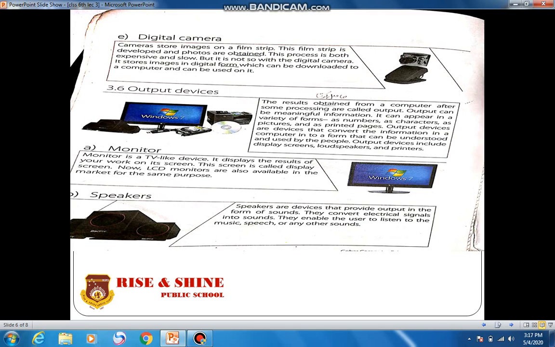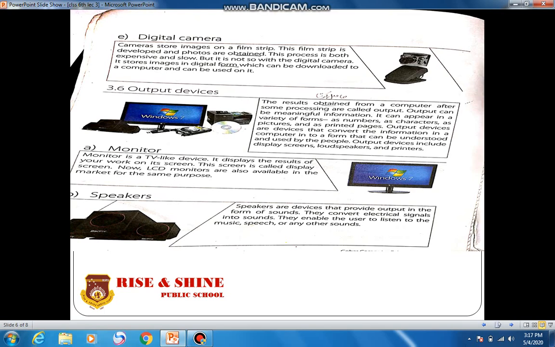And digital camera. Digital camera is used to take the images. Through the digital camera, we can immediately watch the images. As soon as we take the images, we can see these images on our camera, and we can also develop these images on the paper. Digital camera is a very beneficial input device, as in the previous years we used to take pictures through the manual camera, which was quite time consuming and expensive.